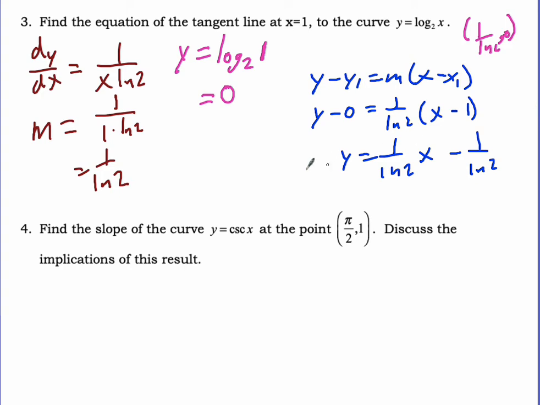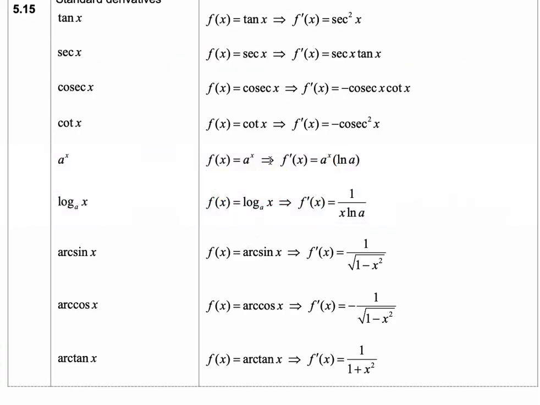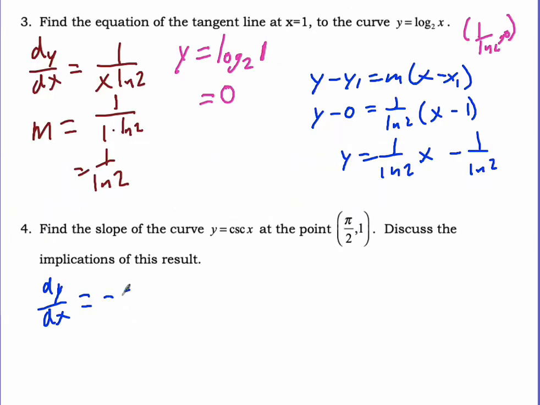Let's take a look at the next one with cosecant. Okay, so let's get the slope of cosecant. So in other words, get the derivative. Cosecant, let's take a look at the formula book. The derivative of cosecant is negative cosecant cotangent. Okay, so that's the derivative. And so the slope at that point is going to be negative. Let's rewrite this as 1 over sine pi over 2